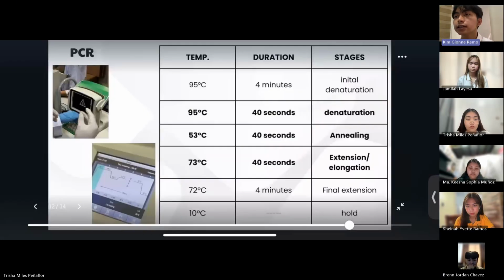which is the first of the three key steps in our PCR program. After the 40 seconds at 95 degrees for denaturation, the Taq polymerase is now fully activated and ready for the annealing stage, lowering the temperature to 53 degrees Celsius for 40 seconds. It is to make sure that the primers are bound to the complementary sequence on the DNA template.